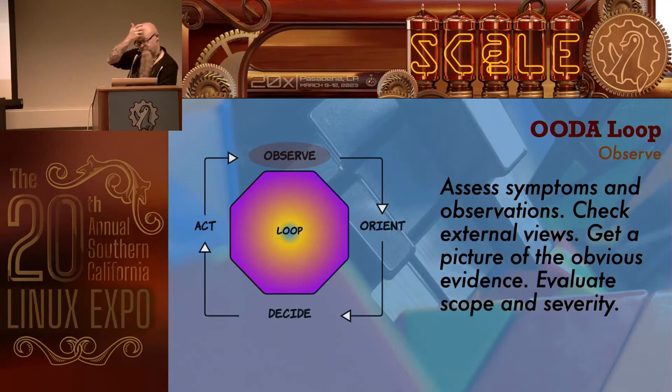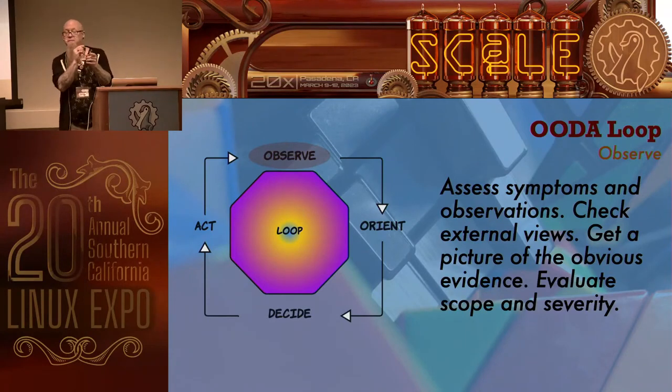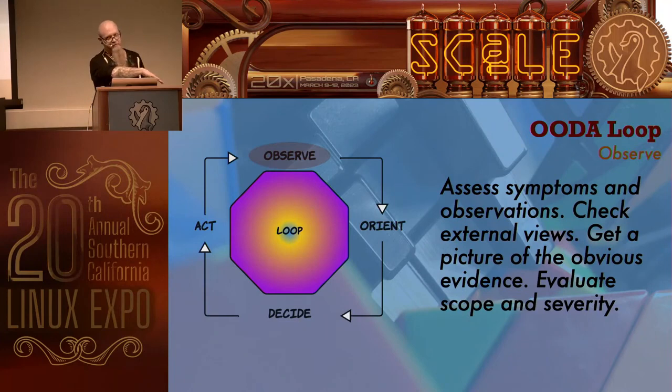Okay, let's talk about the OODA loop. So the OODA loop is kind of your compass, let me put it that way. OODA loops don't happen just once. They happen multiple times. And they may be happening in layers, just like the joint activities that are going on during the incident. We're talking to customer service, we're talking to the people who are responding, we're talking to stakeholders or whatever. This is a way for us to all get together in sync.